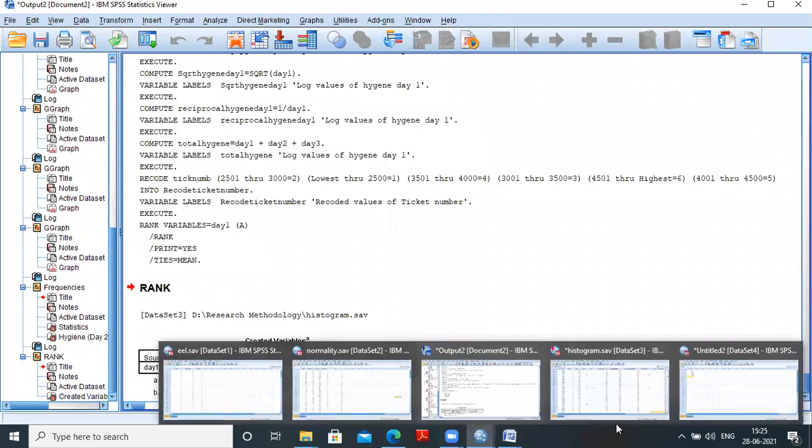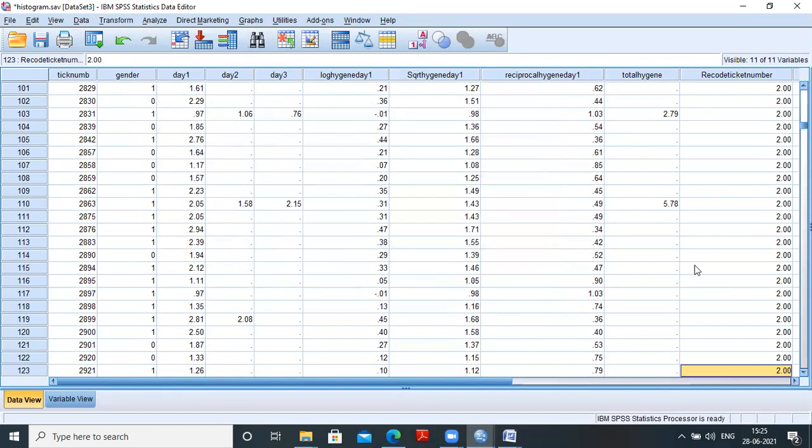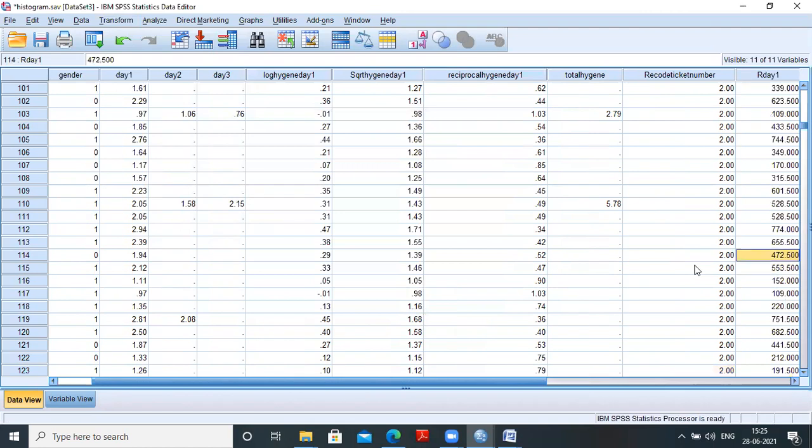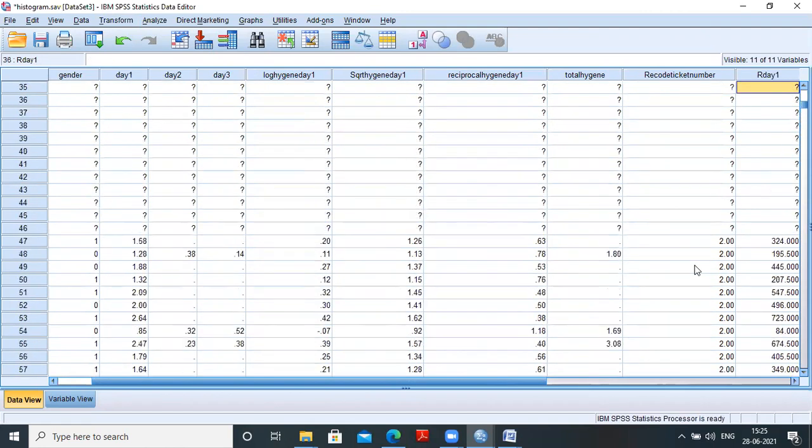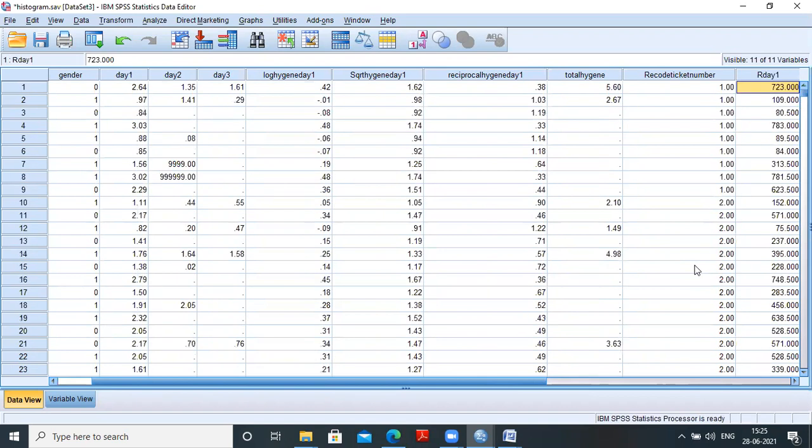Then here the variable rank will be stored. These are the ranks for all the values. So in data transformation, we have done, that is transforming the data to compute variable.